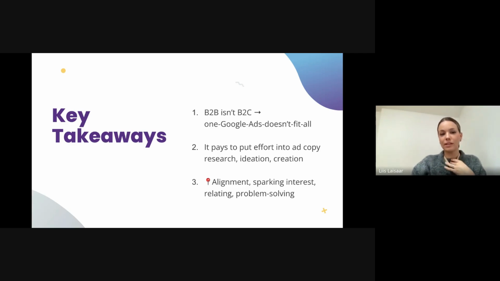And with that, really nail the alignment of the user's intent and then the seamlessness of the journey that you are taking them on, to put it in a bit of a poetic way. So sparking interest with your ad copy, standing out, being relatable, and also communicating that you are solving the key problems that this user is facing right now. And all of these things, how to come up with ad copy that covers these, is in the RSA research workshop